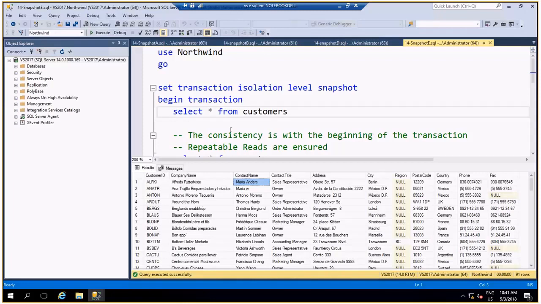So with this example, we can notice snapshot isolation level is much better than NOLOCK. Instead of using NOLOCK, we can use snapshot isolation or RCSI, which we will see a demonstration of in some minutes.